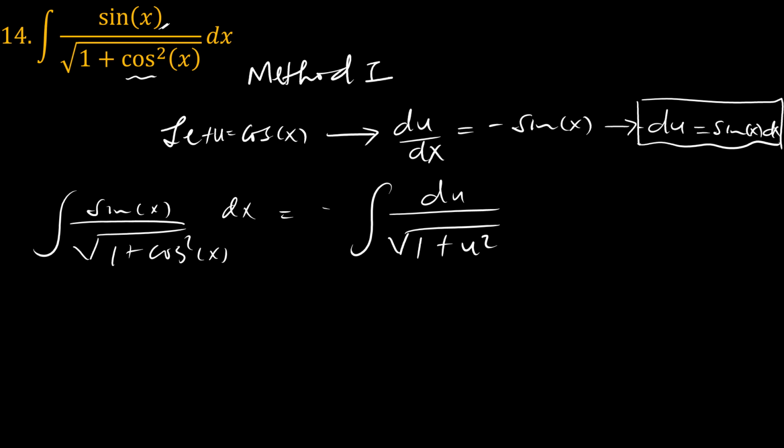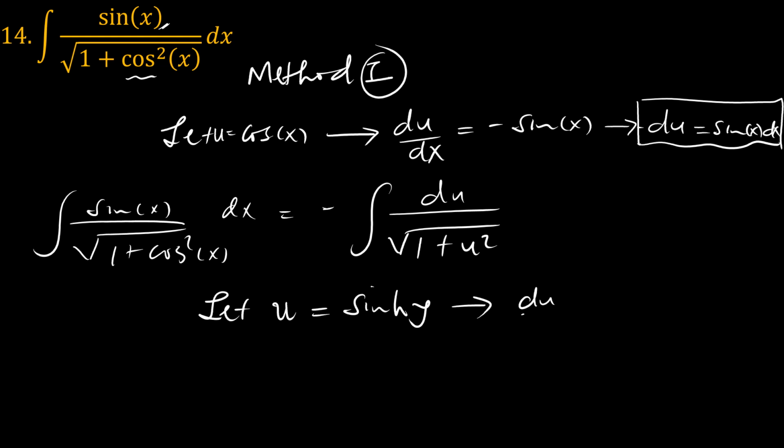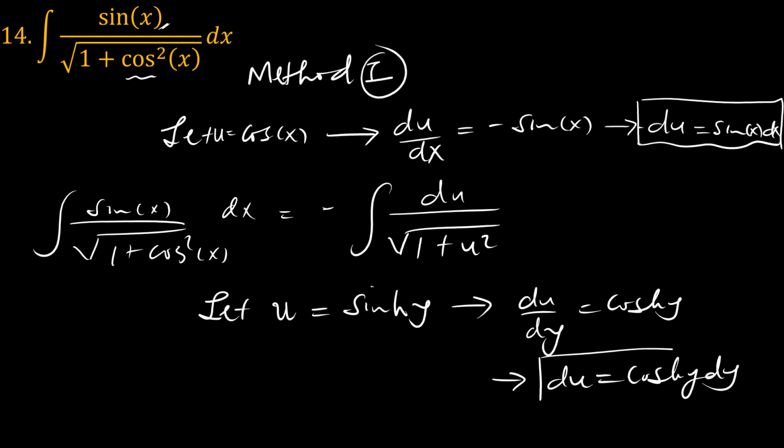Okay, and so one thing we could do, we have two options, and that's where this number one method, we could begin by saying let u be equal to sinh of y, or hyperbolic sine of y, and so du dy is equal to cosh y, meaning that we could now substitute for du with cosh y dy. Okay, so what that means is that if we have